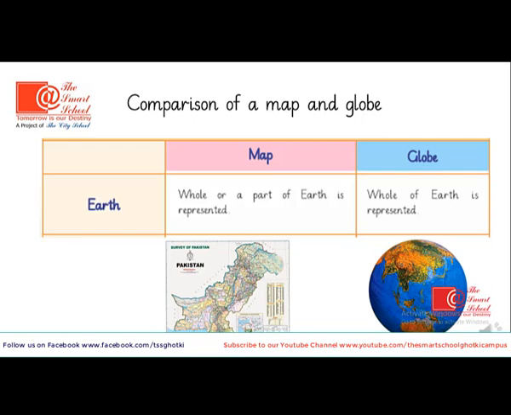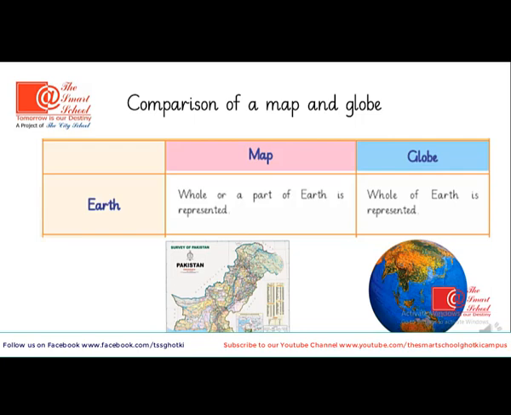Whole or a part of Earth is represented through a map. It means a map can be of the whole world and it can be of any specific part of the world. Maybe of a country, maybe of a city, maybe of a town. However, when we talk about the globe, it shows the whole Earth. It shows you the